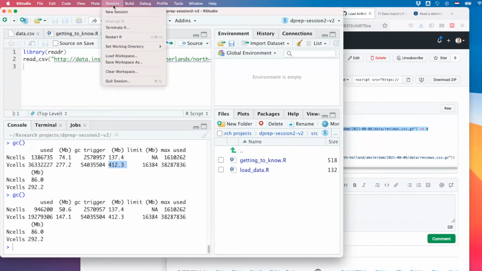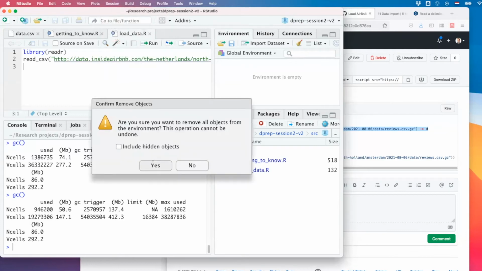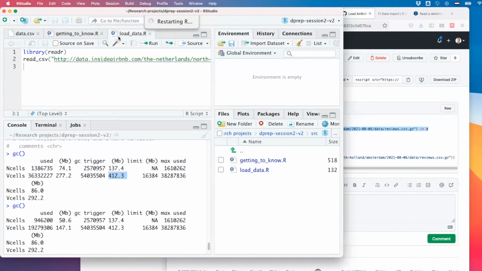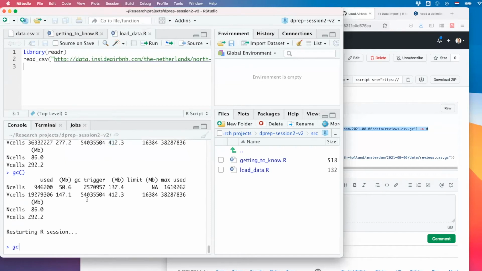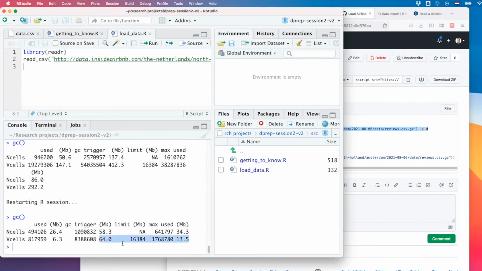Now, how to properly wipe this is to clear the workspace and to restart R. And if you now run the garbage collection, you actually see that you're only using 64 megabyte of memory, right? It's not a big issue for what we're doing today, although this one computer with 8 gigabyte of memory already has some problems. So maybe you need to shut down some gaming engines and close Netflix and close your web browser to free up some memory elsewhere. That's an option, but I am always hitting limits with memory management. So that's kind of my trick to survive this.